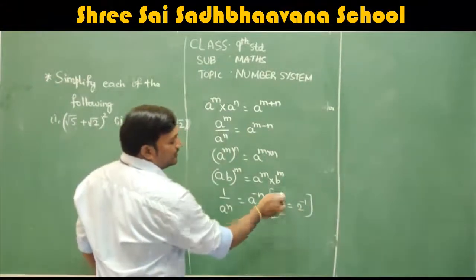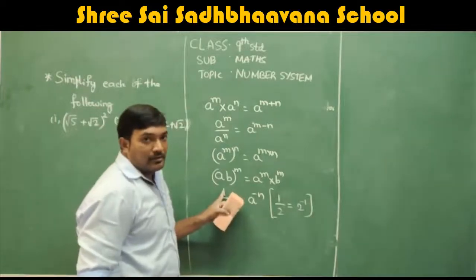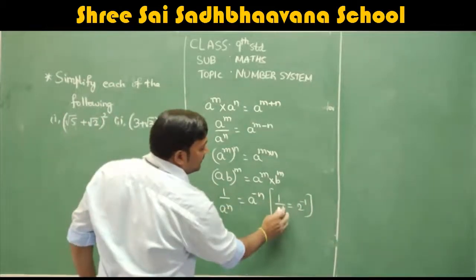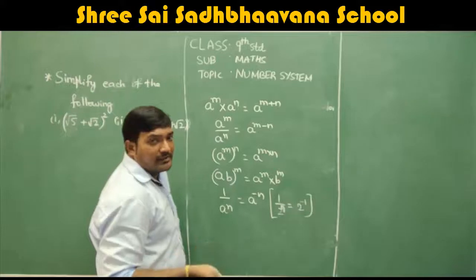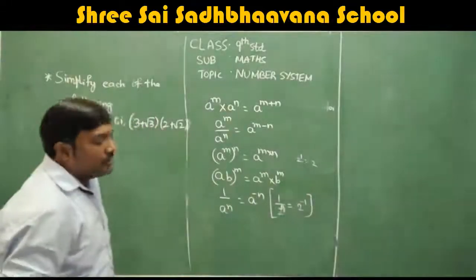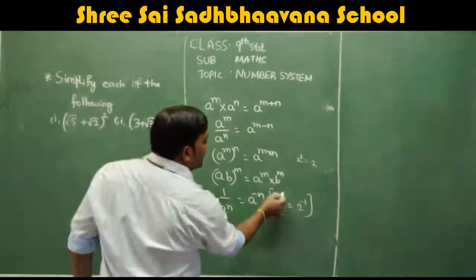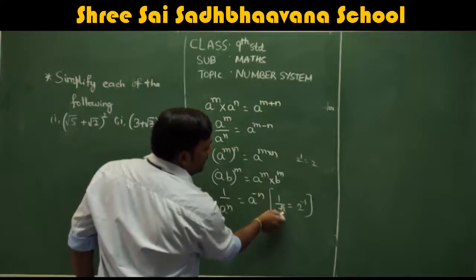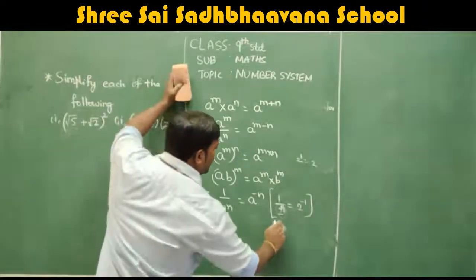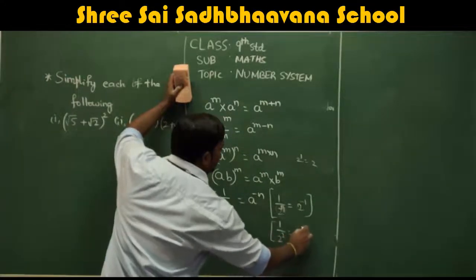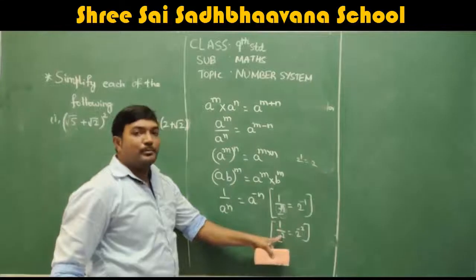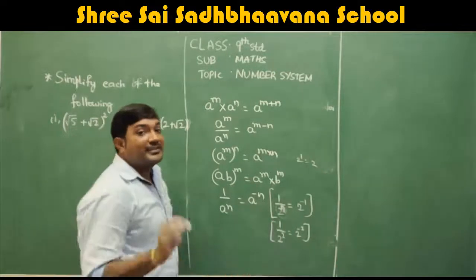See, when you see this, it is only 1 as a numerator. You should take this 2 as a numerator. 2 power here it is 1 actually. Nothing is there means what? Power of anything. For example, any 2, we can also write as 2 power 1. 2 power 1 is same as 2. So when this denominator goes as a numerator, this power will become negative. For example, if you have 1 by 2 square, it will become 2 power minus 2. The same number we are taking as a numerator with a negative power.